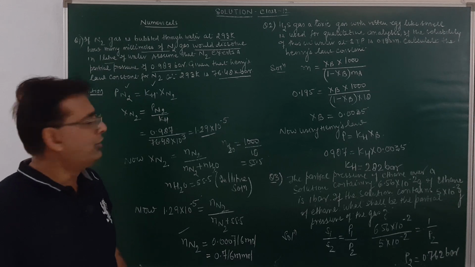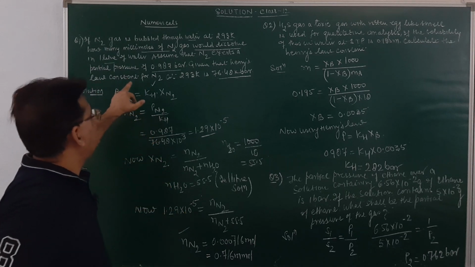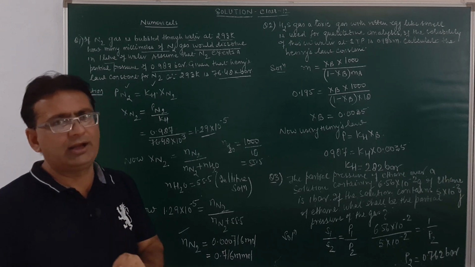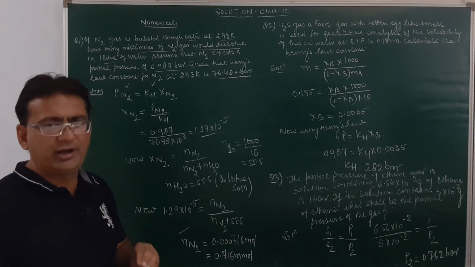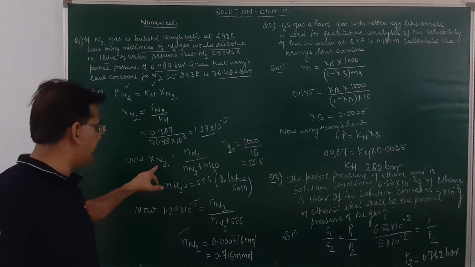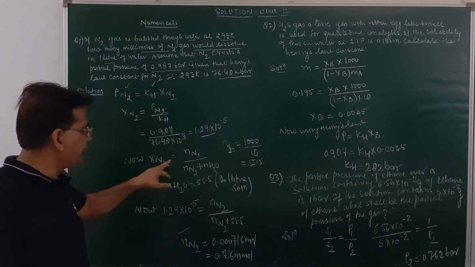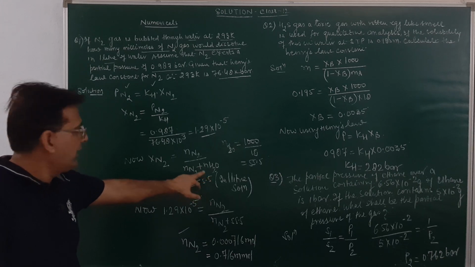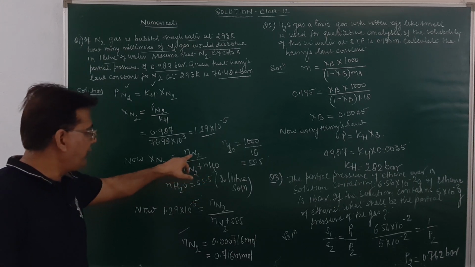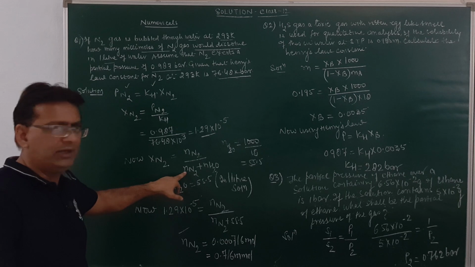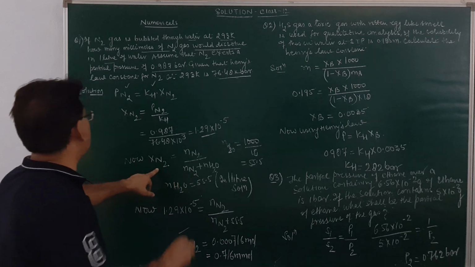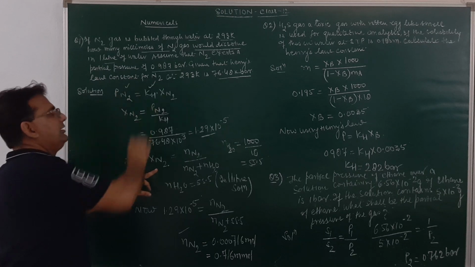Am I clear? So, what was the question, student? Nitrogen is dissolved in water. The question was, how many millimoles of nitrogen are dissolved? To find out the number of millimoles of nitrogen, we apply the formula: mole fraction of nitrogen will be equal to the number of moles of nitrogen over the total number of moles in the solution. The number of moles of nitrogen is to be determined in 1 liter of the solution. Mole fraction of nitrogen we do not have, but we are given the partial pressure of nitrogen and the Henry's law constant.